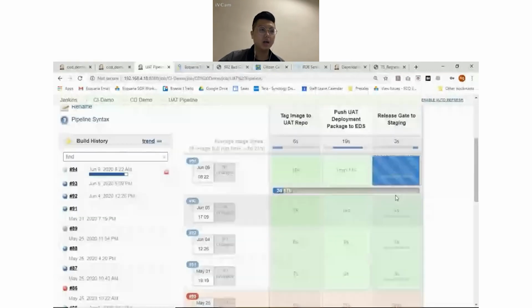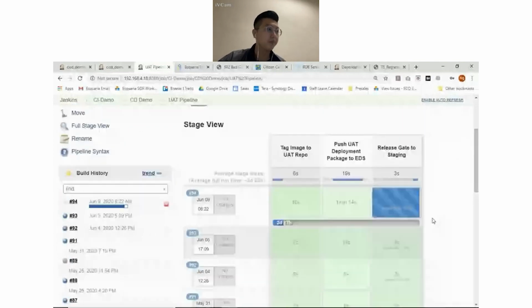So let's take a look at the release pipeline. So in this particular release pipeline, this is where your release manager comes into play. Your release manager is able to authorize the release into the particular repository that we are looking at. So in this particular demo, we are trying to do a UAT deployment. So the image is being released to UAT deployment, and subsequently, the deployment package will be pushed